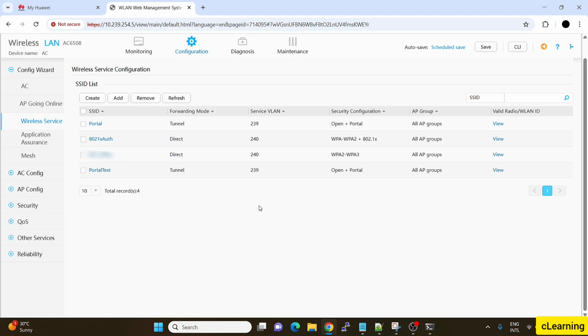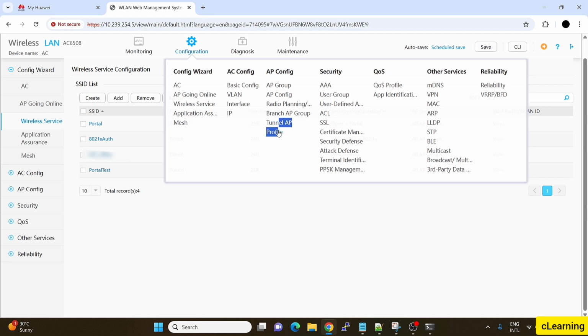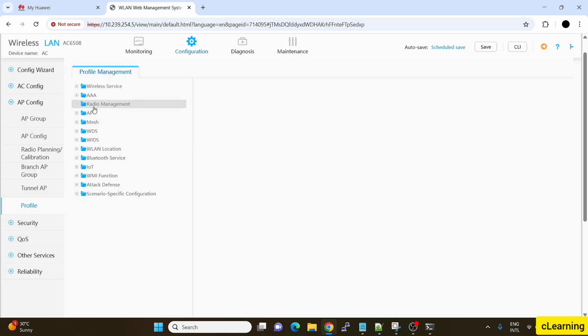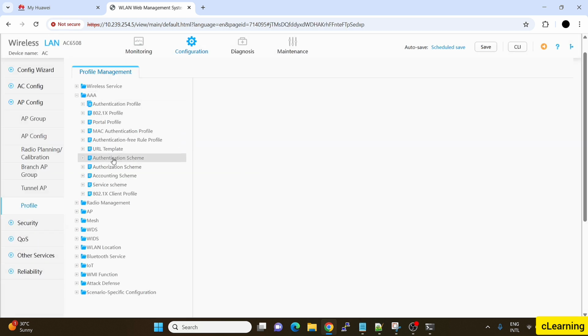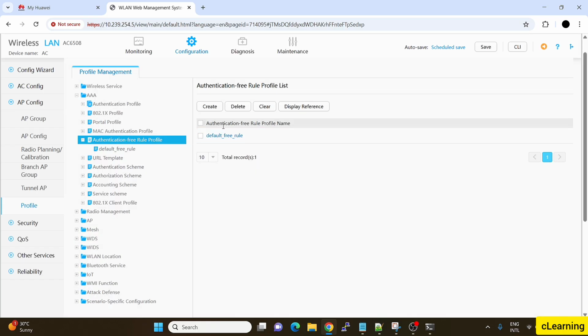and now you have to create the authentication free rule profile. For that you have to go here in profile. You will go in AAA and here you will go to the authentication free rule profile. I already created one profile, so I will create a new one for you. So this is for portal